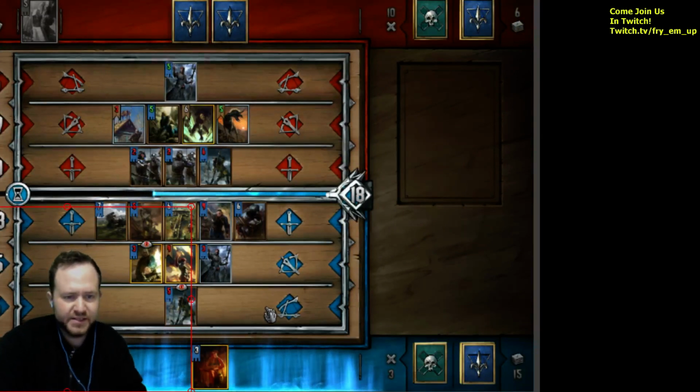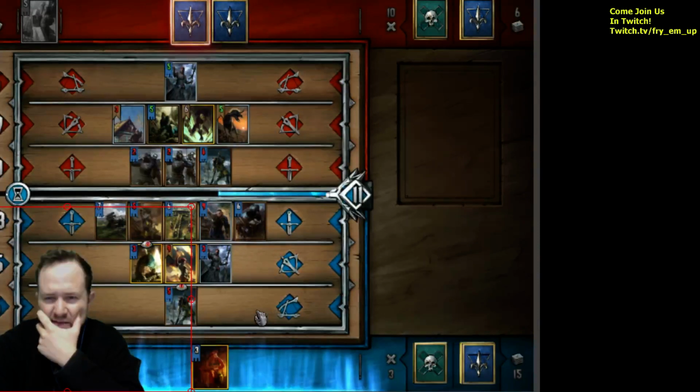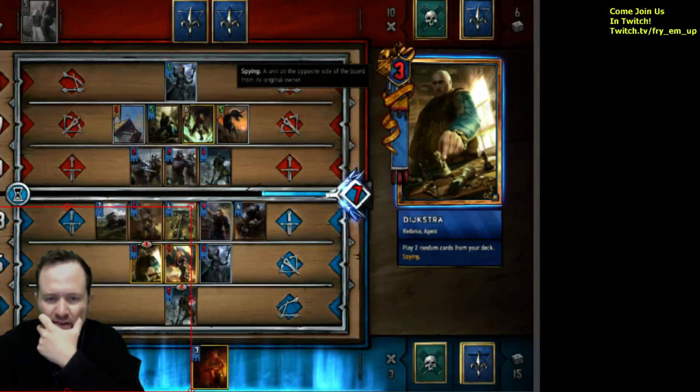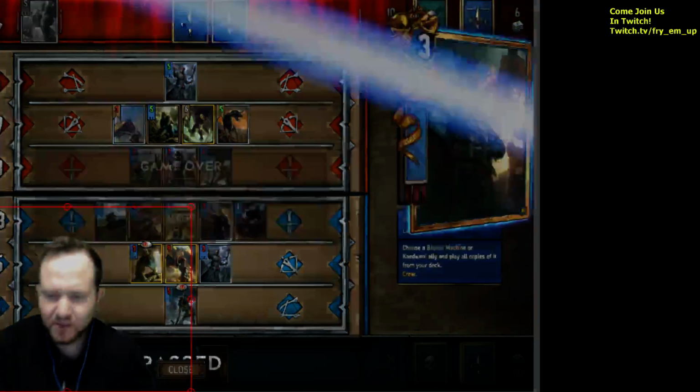Do I overextend or do I pass here? We're up by 19. He's going to need 2 more cards to catch up. Doesn't have a 19 in hand. There's no way. No, it's a waste of a card. Well, I'll just have to mulligan this out. Actually, if we get a machine, we'll have 1, 2...